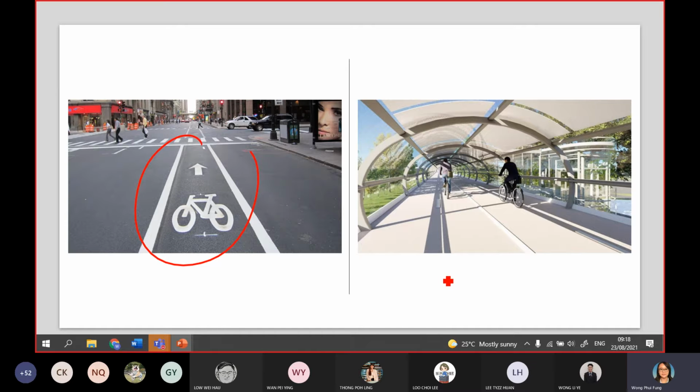And moreover, if we want to encourage people to walk or cycle, in Malaysia the weather is very, very hot. The problem is we don't have a proper covered walkway, and don't have a comfortable cycling pathway for people to cycle or walk. So that's why what the developer can do is think about whether they can provide a proper walkway, a covered walkway, at least safe from rain or the hot sun. Okay.